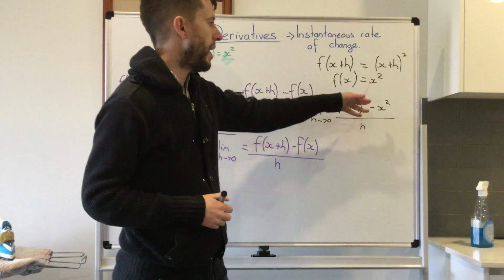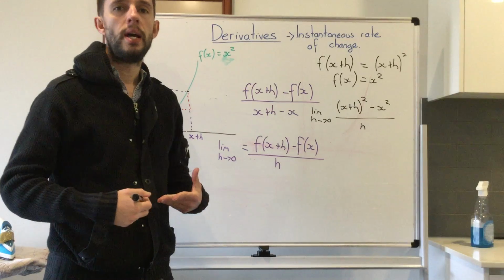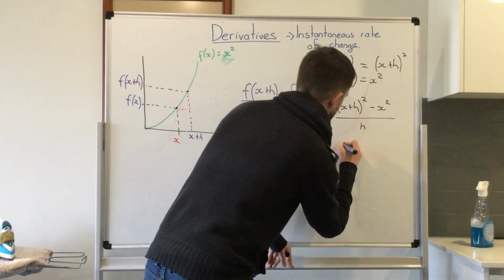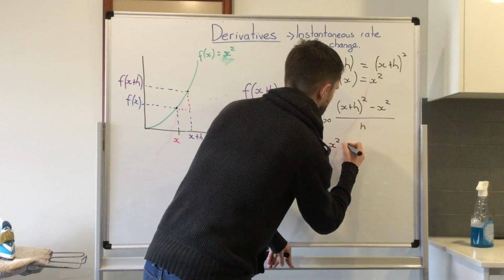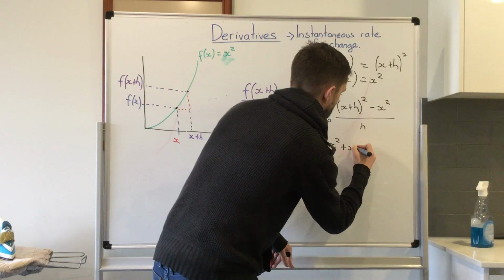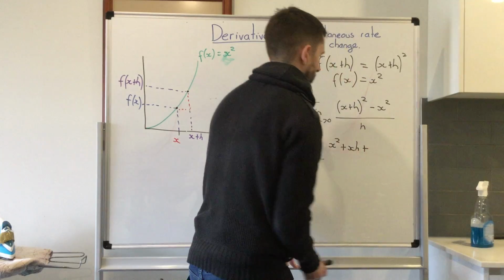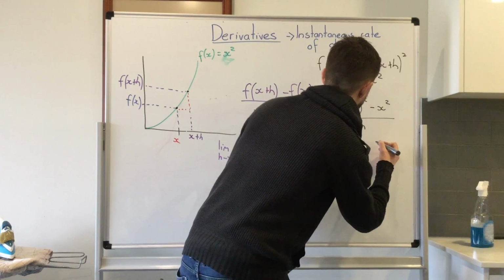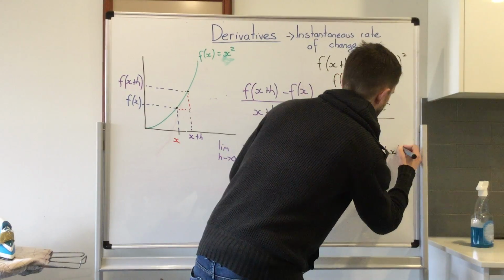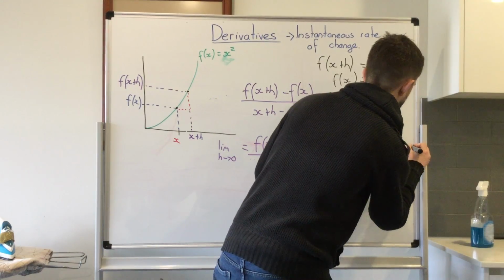Okay, let's keep on going. I'm going to expand these brackets out. So it's x plus h in brackets times x plus h in brackets. So that equals x squared plus xh plus h squared plus xh minus x squared